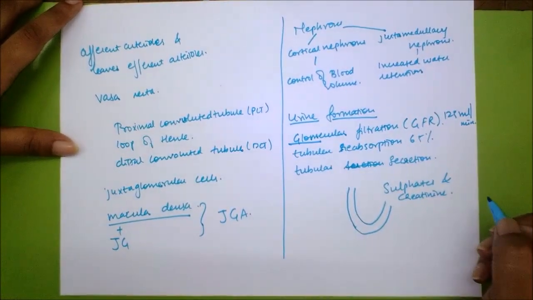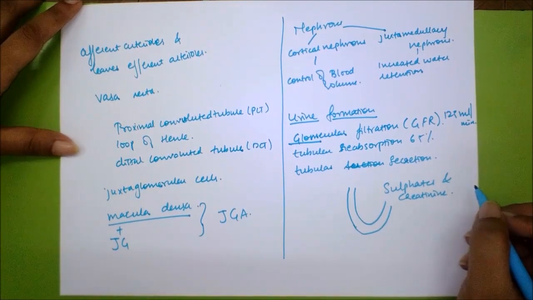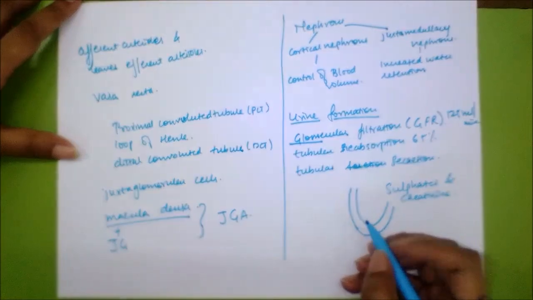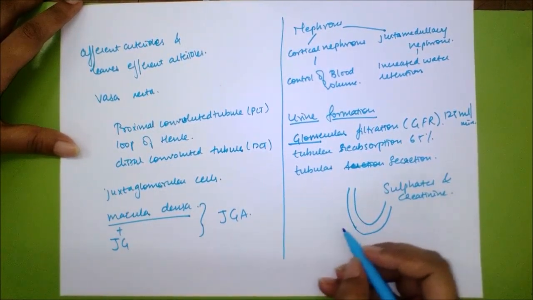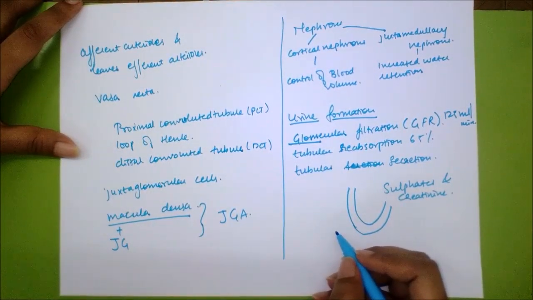Sodium and potassium are reabsorbed by primary active transport. Glucose and amino acids are reabsorbed by secondary active transport. Water is reabsorbed by osmosis. Chloride ions, urea and other solutes are reabsorbed by diffusion. The filtrate is isotonic to blood plasma. In the descending loop of Henle, water is reabsorbed due to increasing osmolarity of interstitial fluid. Sodium and other solutes are not reabsorbed here. The filtrate becomes hypertonic to blood plasma.